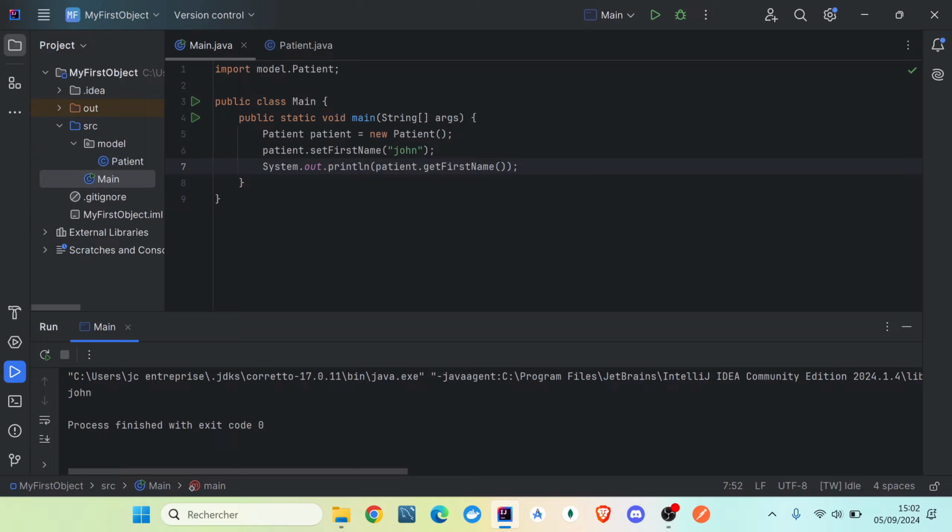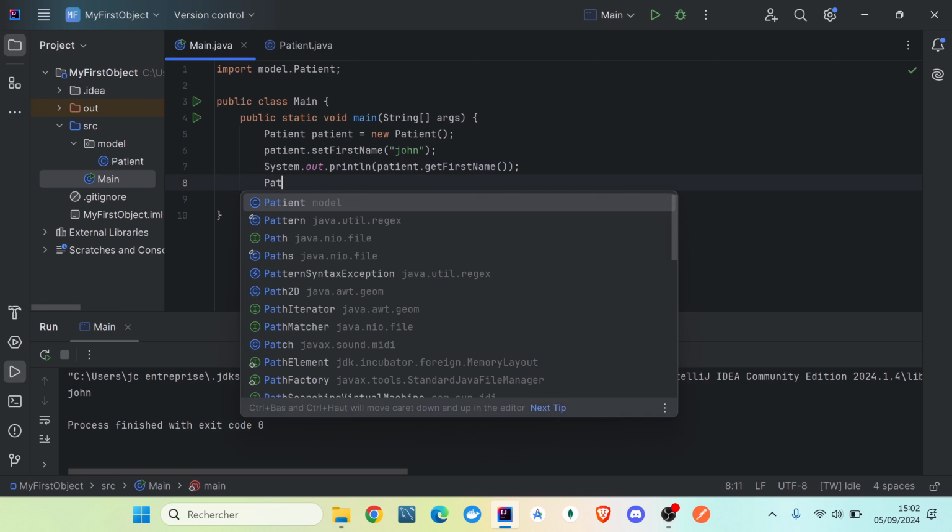I highly recommend you play with it, do different types of objects, create your own classes, do your getters, your setters, your constructors, your attributes. Play with it inside a main method: instantiate objects, set the attributes, get the attributes, do outputs to figure out what's inside. As you understood,